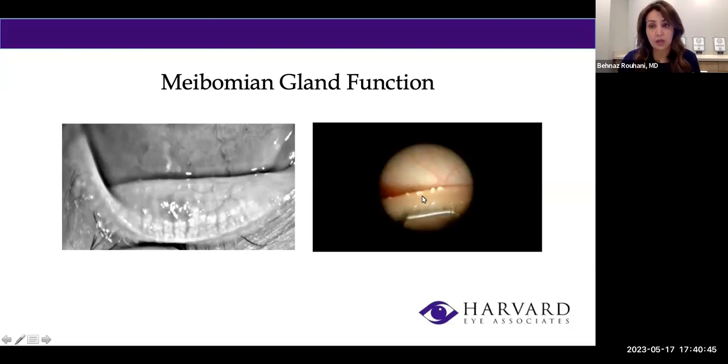In some patients, you can express. Some patients have a more severe, advanced stage where gentle pressure is not going to release the oily part of the tear film. So staging of the condition is very important, and addressing this condition is very important to make sure that we have a nice protective shield of tear film on the surface of the eye to improve the visual acuity after surgery.